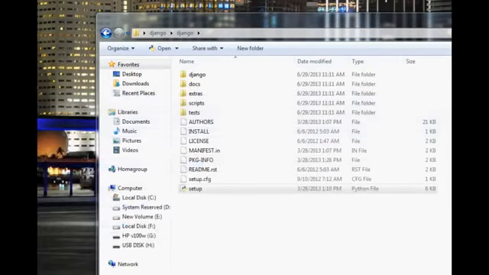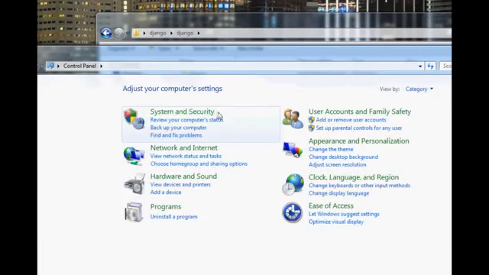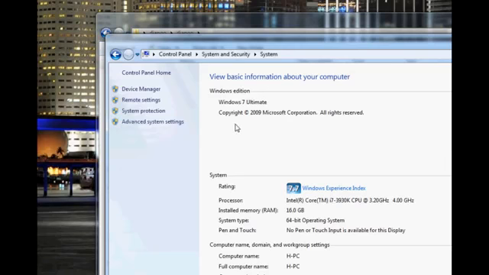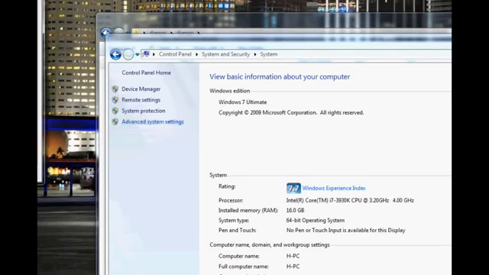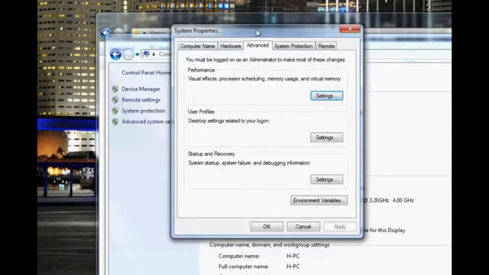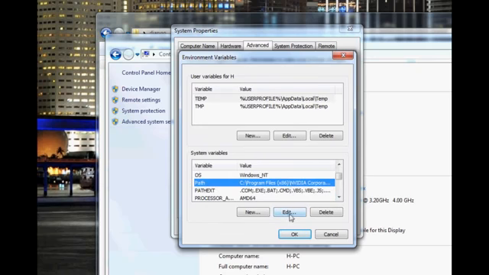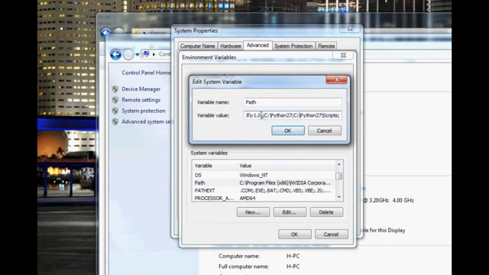Go ahead and, oops, this is not where I want to be. Go into your system settings. There's a million ways to do that. You can go to Control Panel, System, and then I think we want Advanced System Settings. Eventually you want to arrive at System Properties. The next thing you want to do is open up Environment Variables. So I'll click that, and then under System Variables, click down, down, down until you get to Path. And what you want to do is edit that path and go to the very end of that path, where you see here I've got